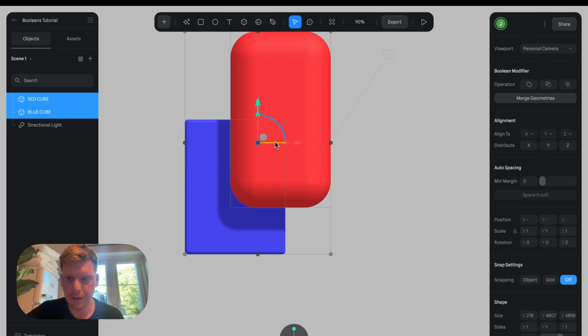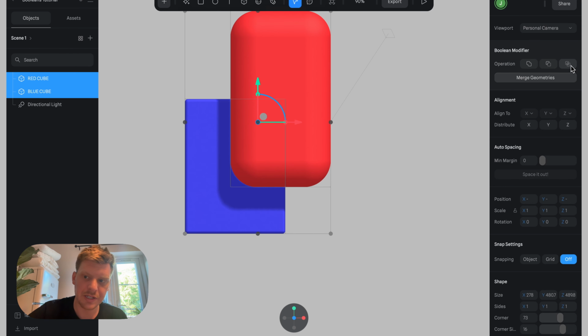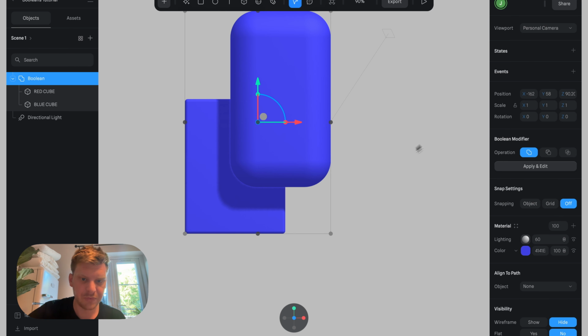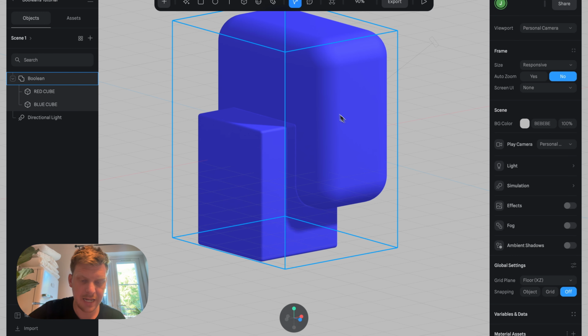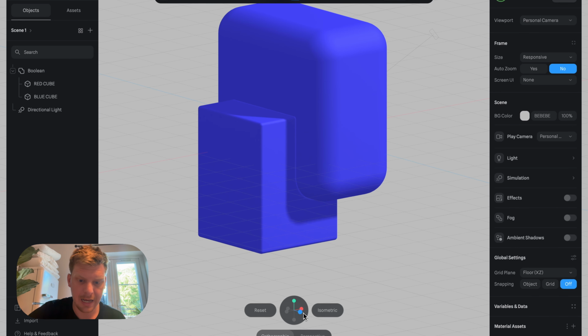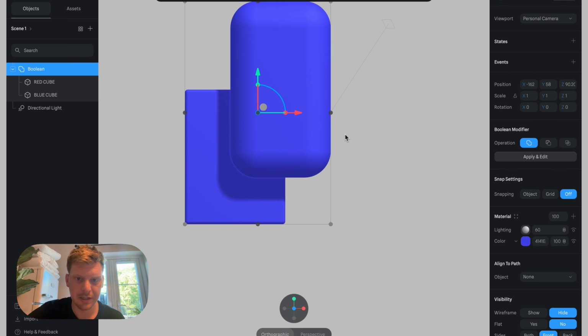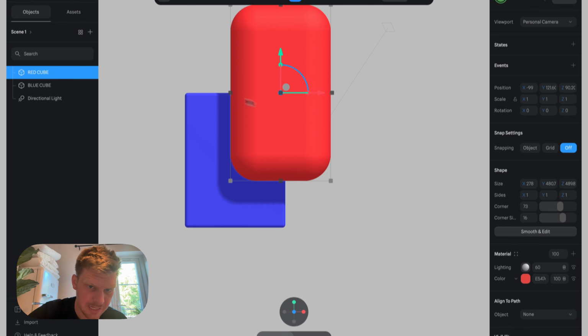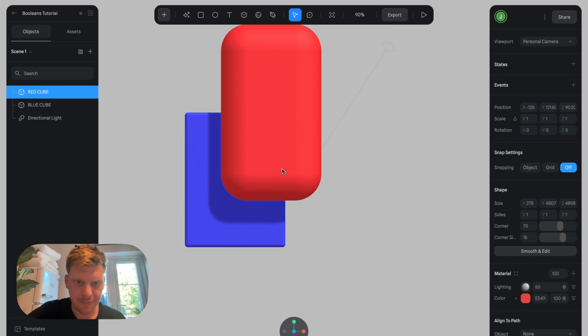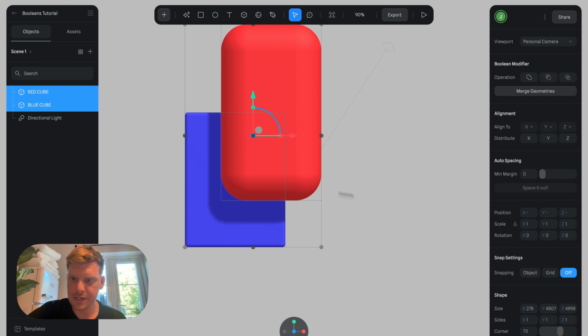I can highlight them both. And then there's other options here too. So we've got this one which merges them. So now they've basically taken on the same properties. As you can see, the colors have changed. I'm going to click Command Z just to see the original again. And then we've got this other operation here,